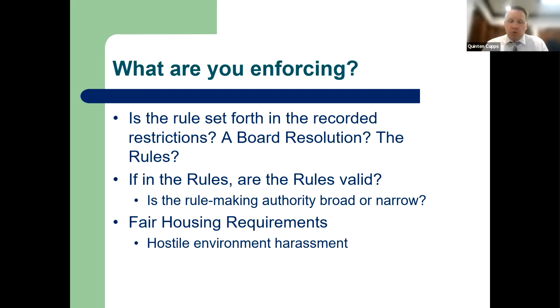And then it will do one of two things. It will say that the association has the authority to create rules that govern the common property, period. Or it will say create rules that govern the property with a capital P. When you see property with a capital P, you want to go up to your definition section. Hopefully you have one. And you'll look in that section, and a capital P property is usually referring to the entire community, which includes houses, units, common areas, common property.